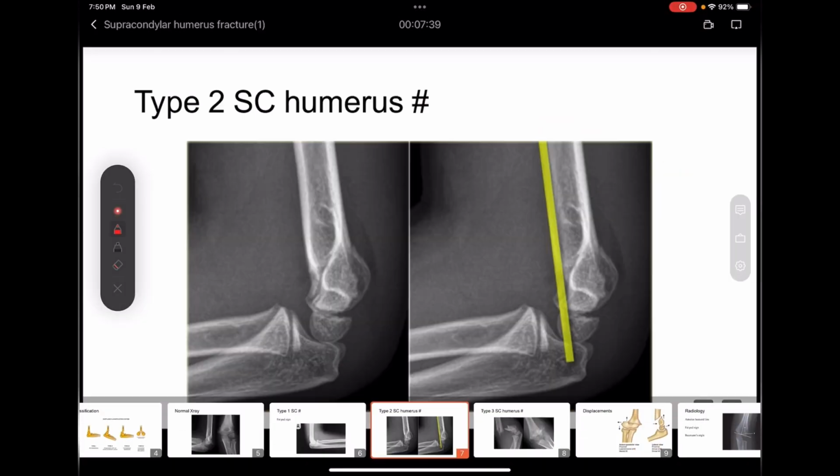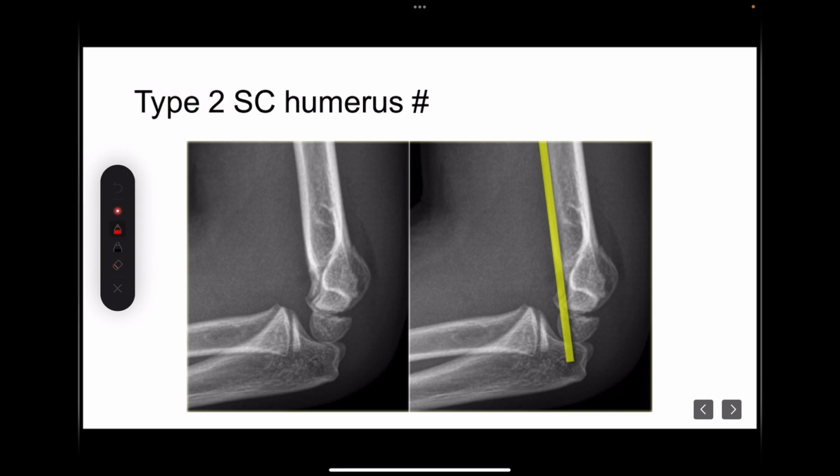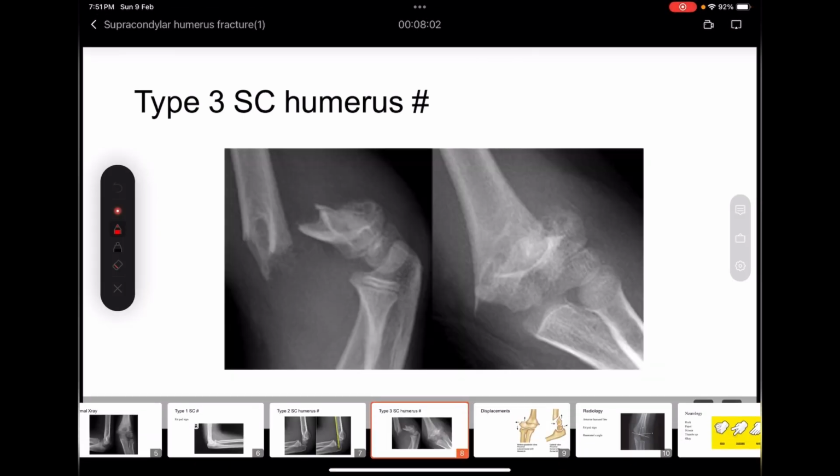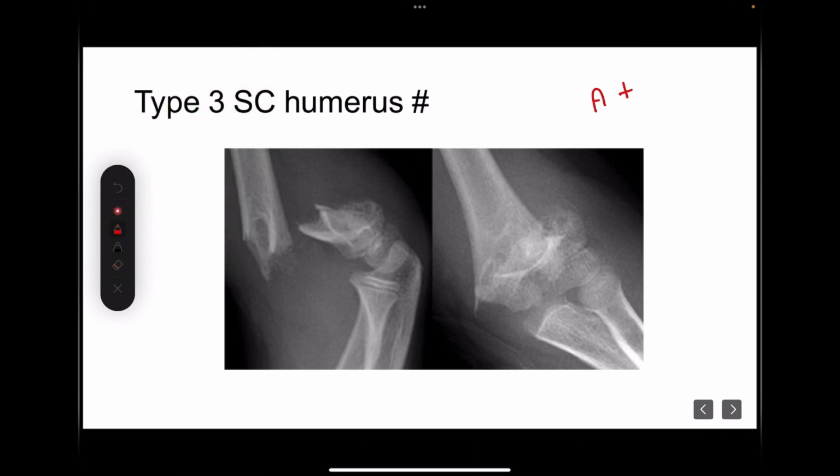Type 2 supracondylar humerus fracture is defined by the anterior humeral line. Whenever the distal fragment is lying posterior to the anterior humeral line, this is a type 2 supracondylar humerus fracture. This fragment is lying posterior because the fragment has gone into extension. Coming to the type 3 supracondylar humerus fracture, both anterior plus posterior cortices are broken and the fragment is